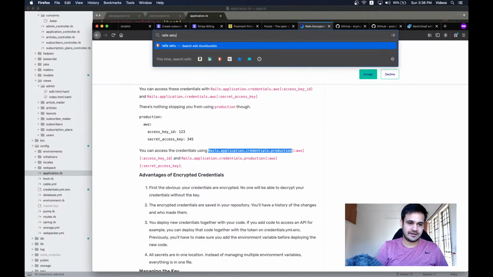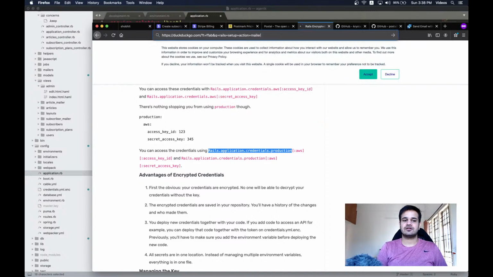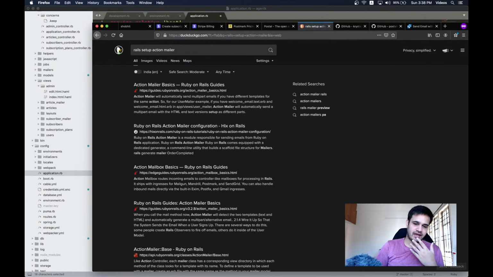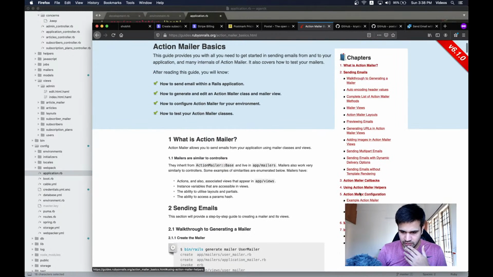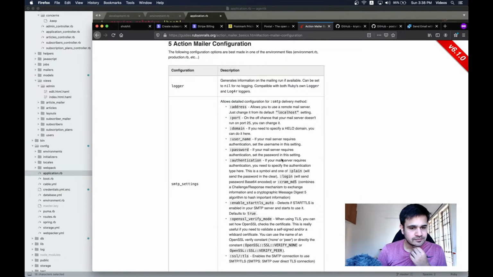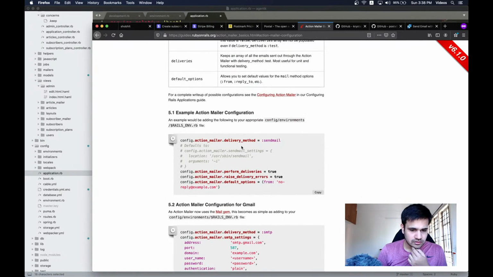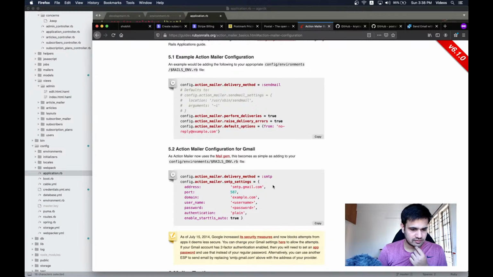Rails setup action mailer. Okay, so now that we will be setting up action mailer, we can set all the values that are present over here somewhere. In whatever environment file, we can just go to configuration, config delivery method, this, and then perform delivery is true, raise delivery error is true, default options, and we can also configure something like so send mail is one